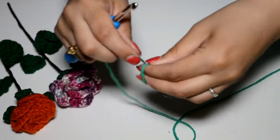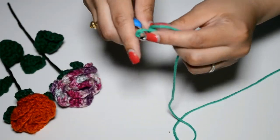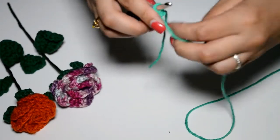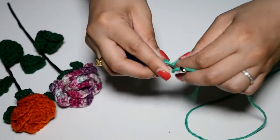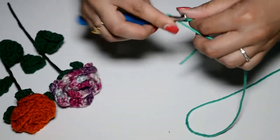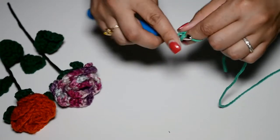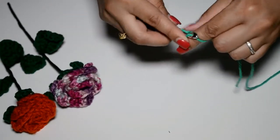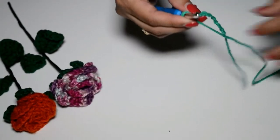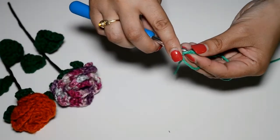Okay, for the leaf, you're going to do a slip knot, and you're going to chain 8. 2, 3, 4, 5, 6, 7, 8. Okay, so now what we're going to do is a single crochet in the second chain from the hook,